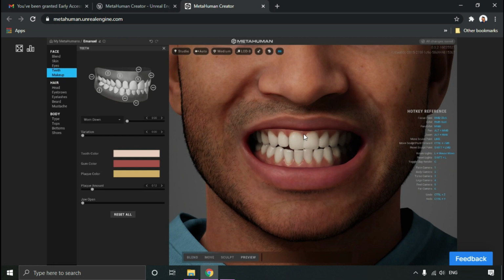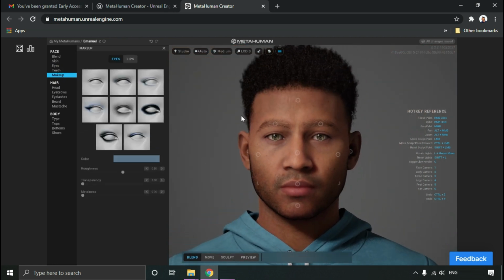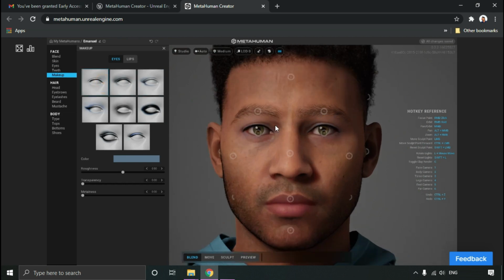And we have makeup option, so you can use makeup on your character. And remember guys, if you accidentally clicked on a feature that you don't want, you can just click on the feature again and it will just go away. Like I have this dramatic smudge option here. I'll just click on it and I'll click on it again and it will just go away.